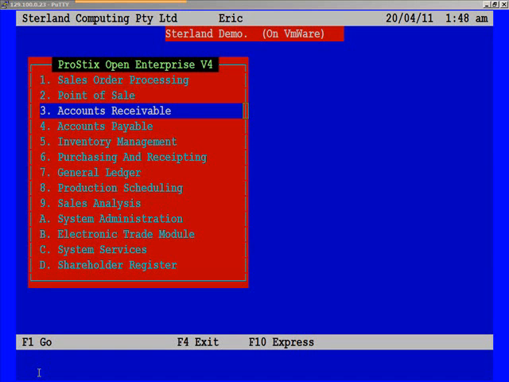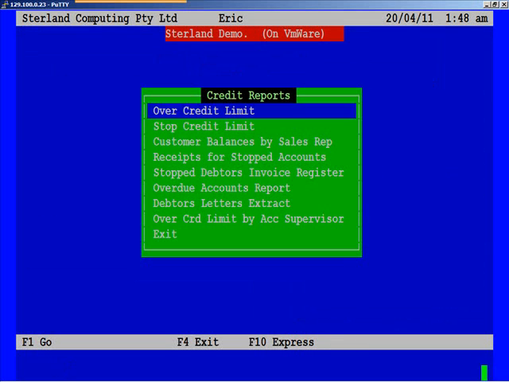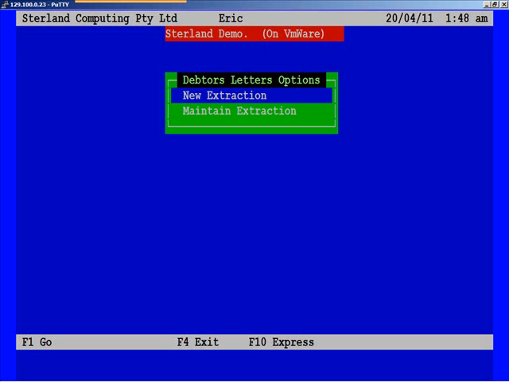Right, the process we're going to go through here is to extract a list of overdue accounts to then merge them into Word and send out some debtors collection letters. Okay, so I'm going to go Accounts Receivable, Reporting, Credit Reports, and down to the Debtors Letter Extract. Going to do a new extraction,